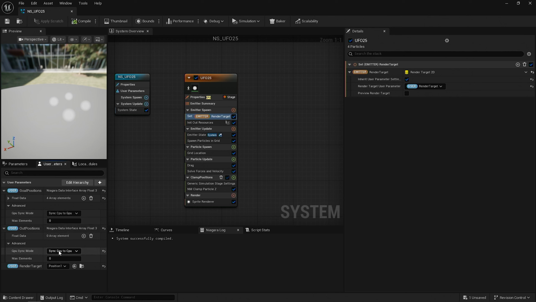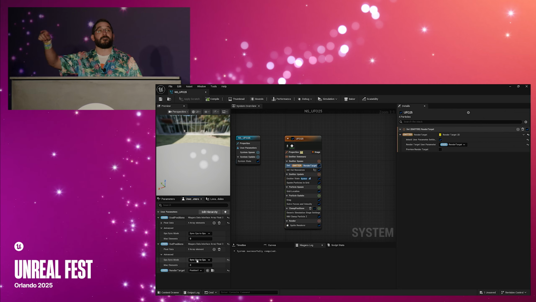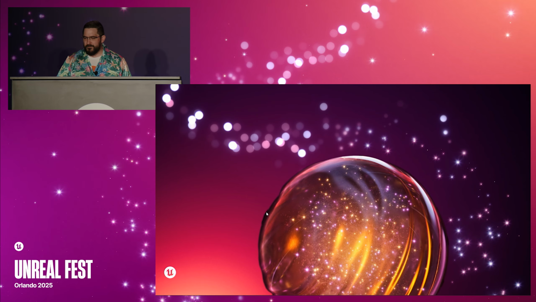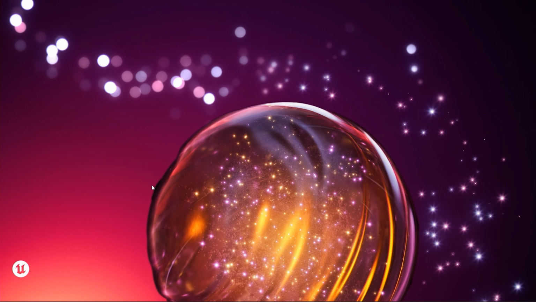So we're going to write the position of the particle into this array from the emitter and then read that back in Blueprint. And just as a little pro tip, definitely set the max elements on that, otherwise this won't work. So that's all of our setup, and then I hit Windows D,